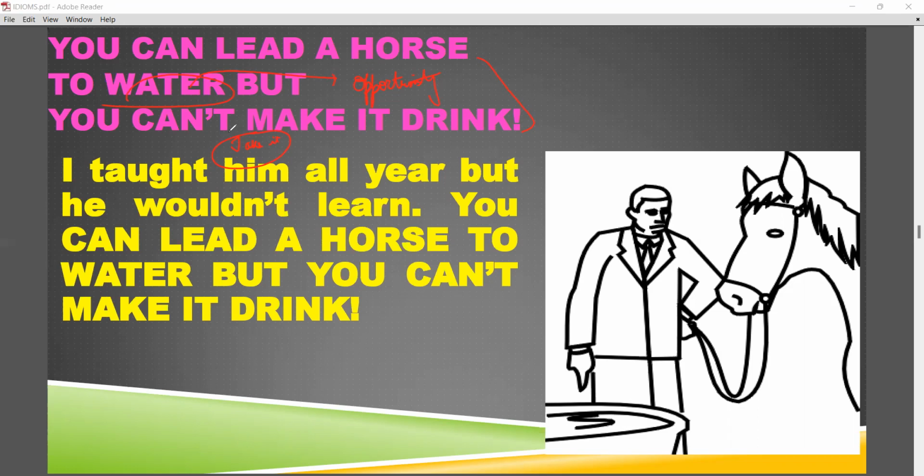So I can always open up an opportunity to a person, but whether that person wants to avail that opportunity or not lies in their hands. Maybe I'll give you a very simple example. Suppose one of my friends was looking for a job, so I gave him the email of the HR head, but he did not contact them. So I can say I can lead a horse to water, but I cannot make him drink.